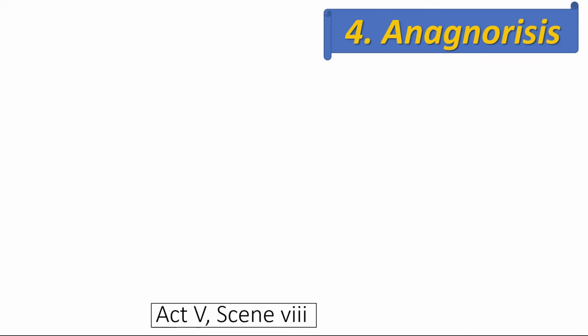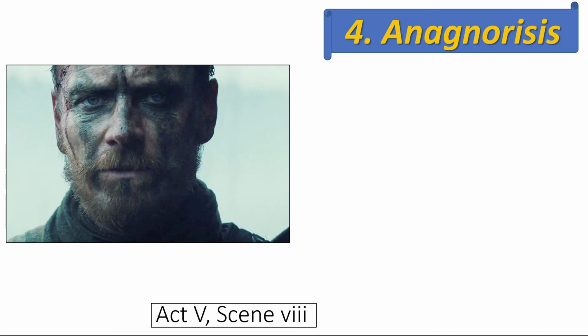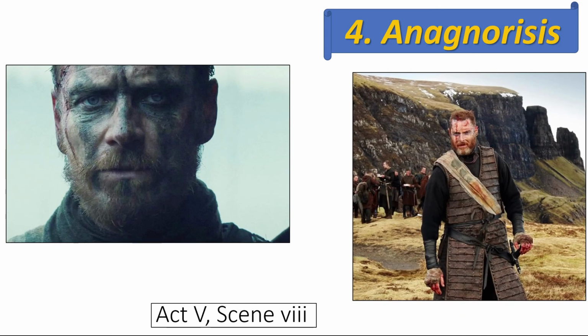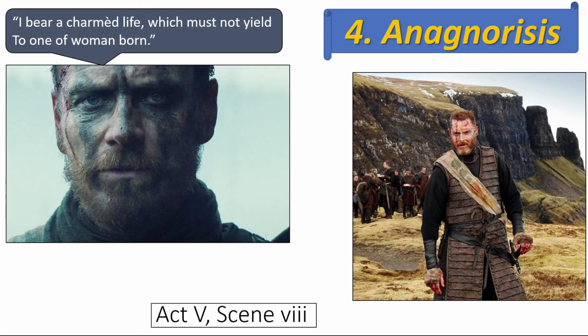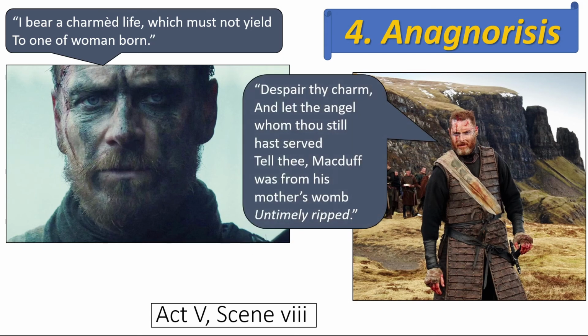This is compounded by perhaps a second moment of anagnorisis, even more final, in his meeting with Macduff at the end. He says, you better get away from me, I've got this charmed life, so no one who's been born of a woman, as he understands it, any man, can kill me. And unfortunately for him, Macduff's got news for him.